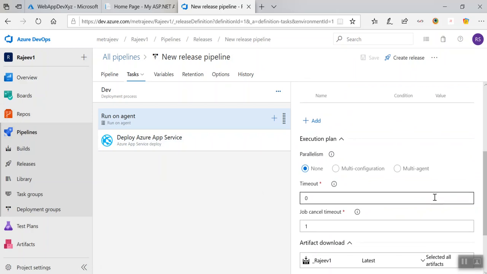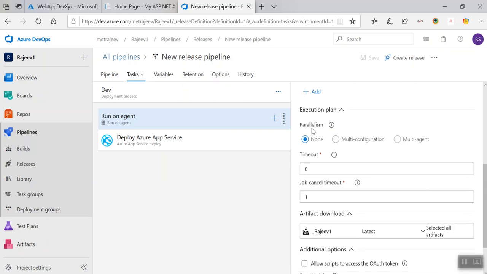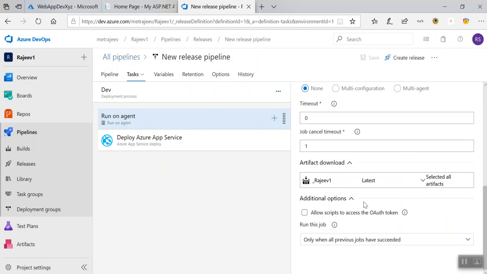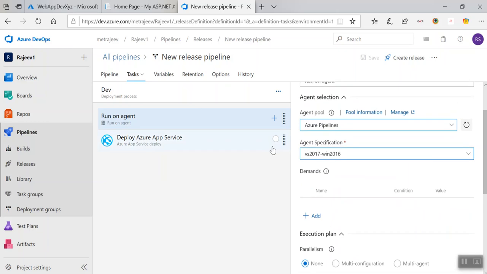These are the different configurations, but we'll be using the minimum, the basic configurations. If you want to do multi-agent or multi-configuration, you can do this. Timeout, I'm not keeping anything. There will be another concept, like if you want to do OAuth, so we'll see all this at a later point of time.